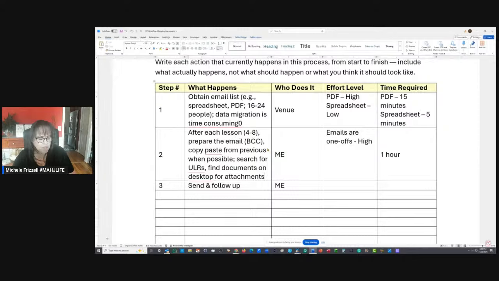Now, so my other question was, how much time do you spend with follow-up? You rarely receive any questions about an email unless you forget the attachment that you mentioned in the email. Okay, follow-up, we'll put effort low, time required.